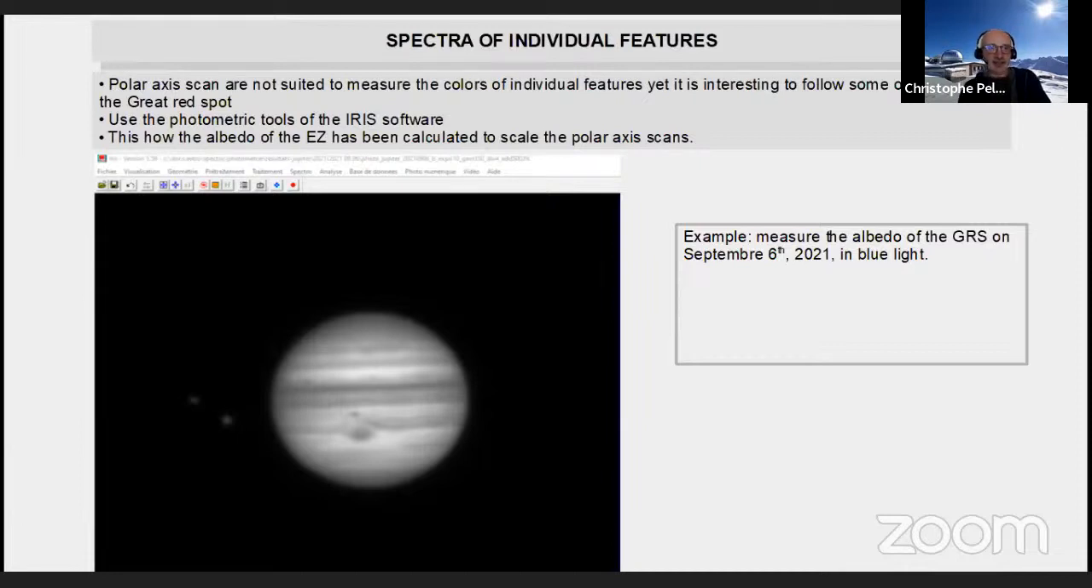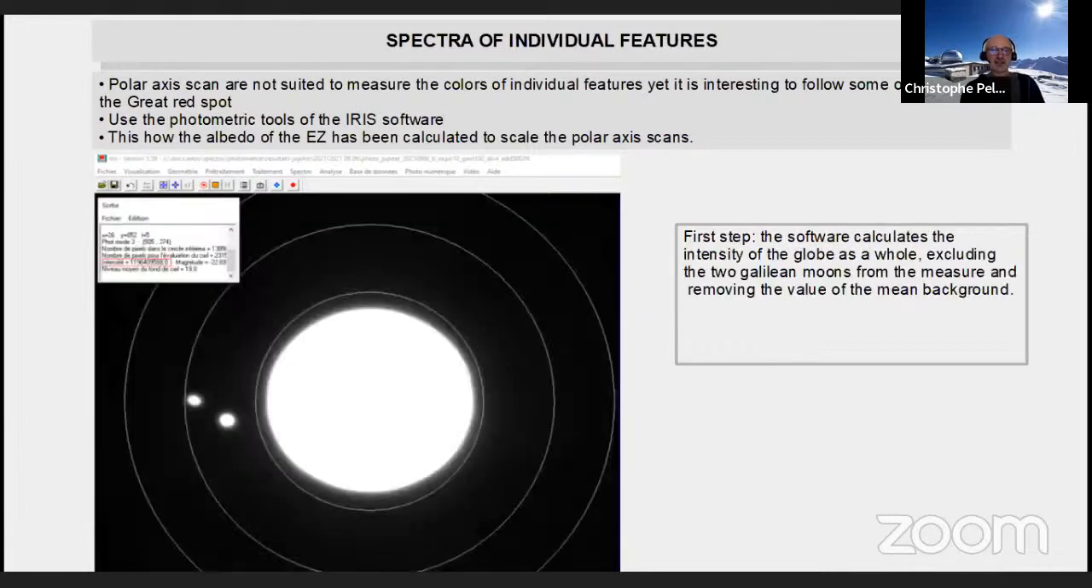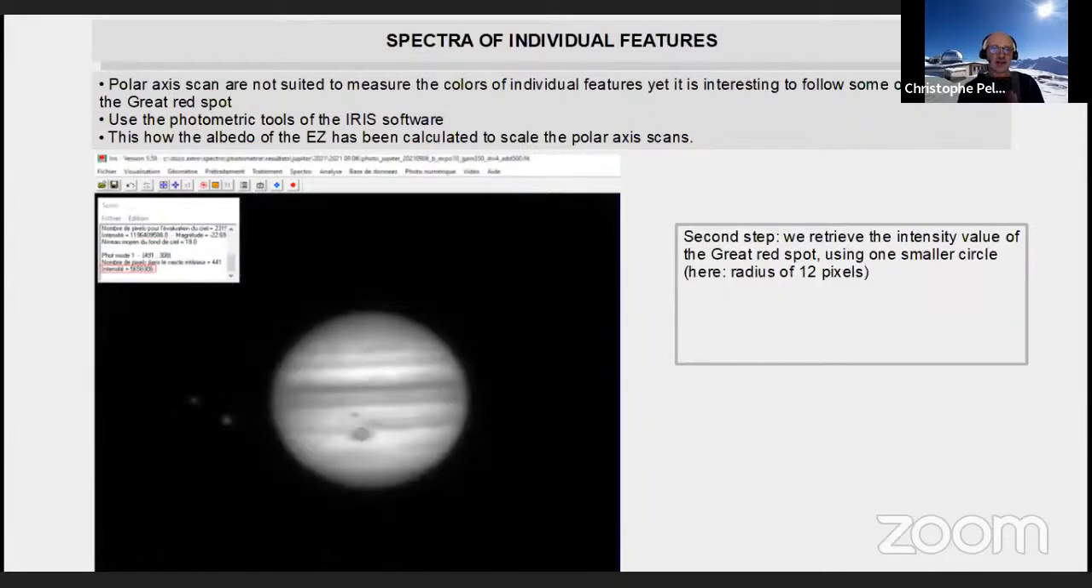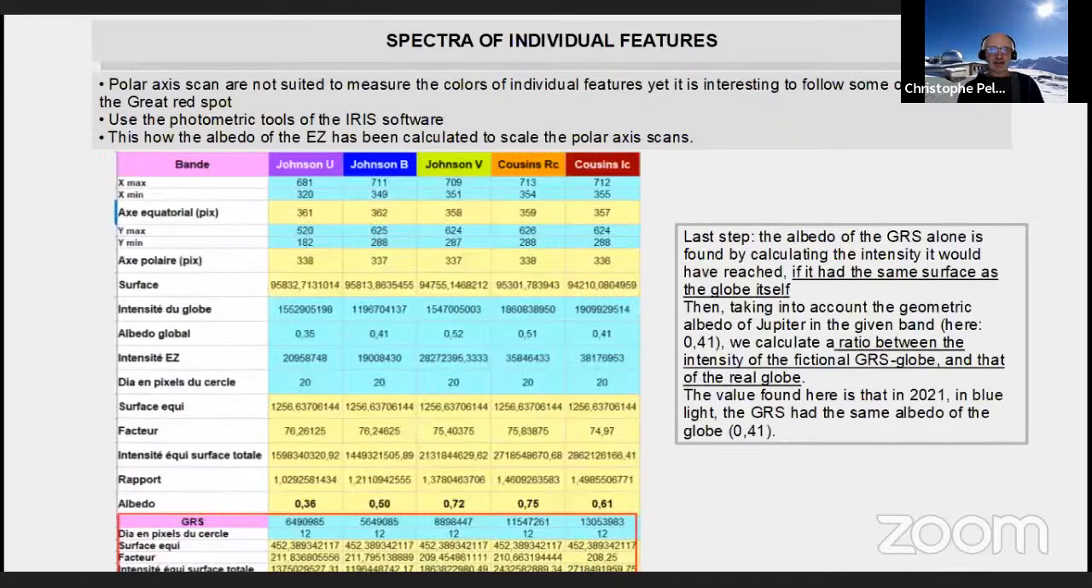As an example, here is an image of the Great Red Spot taken in blue light in 2021. In the first step, the software calculates the intensity of the globe as a whole, excluding the 2 moons from the measure and removing the value of the mean background. At the second step, we retrieve the intensity value of the Great Red Spot using one smaller circle. And the last step,